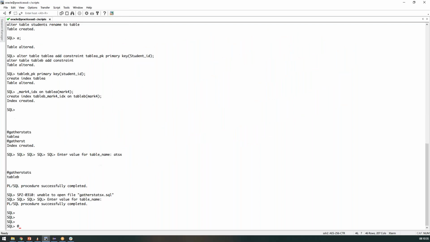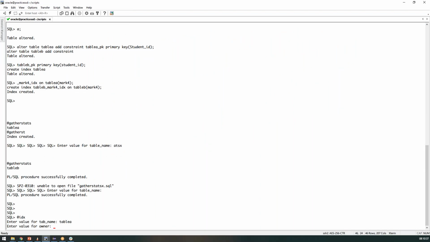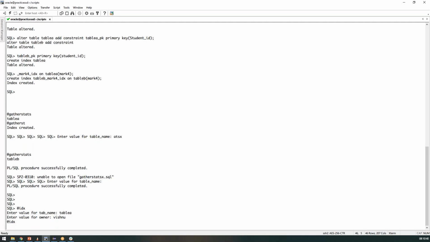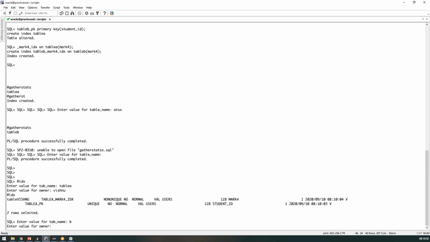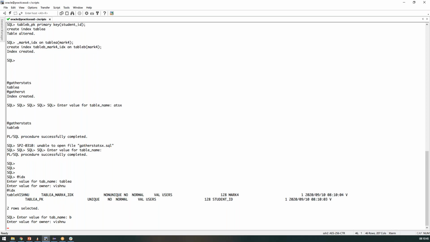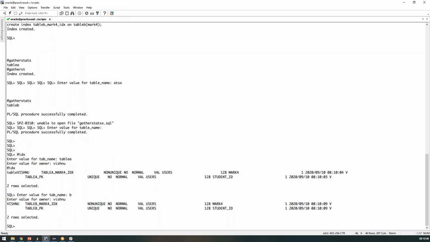Here I have two tables, table A and table B. I'm going to show you the indexes that I have in here. I have an index on the Mark 4 column on table A and also the student ID. Similarly, I have an index on Mark 4 and the student ID column on table B as well. So let me run a small query: select A.department_id, sum of B.Mark1 from table A, table B where A.student_id is equal to B.student_id and